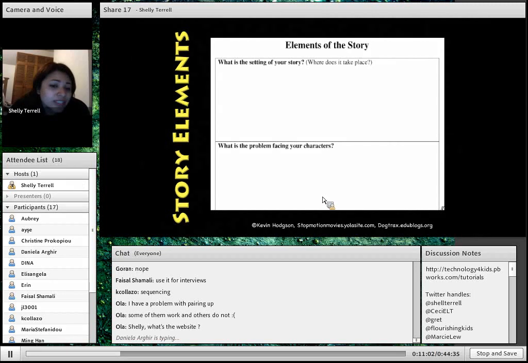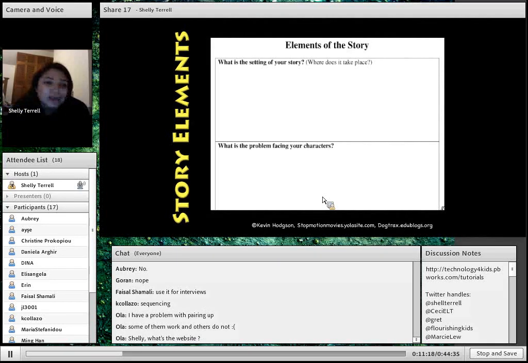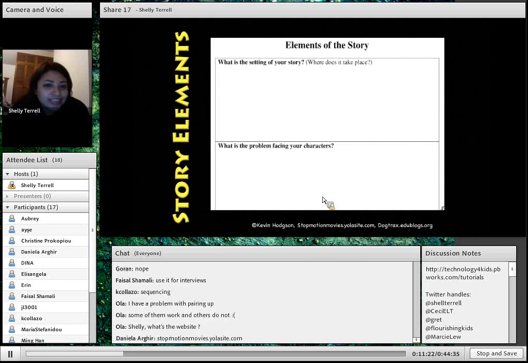What is the problem facing your characters? So older students or even adults would be able to do something like draw a conflict or draw fighting, and you would be so surprised because they really come up with some great ideas. A lot of times they draw things that they see every day. So, for example, if they fought with their brother, they may draw a boy and a girl fighting, and then